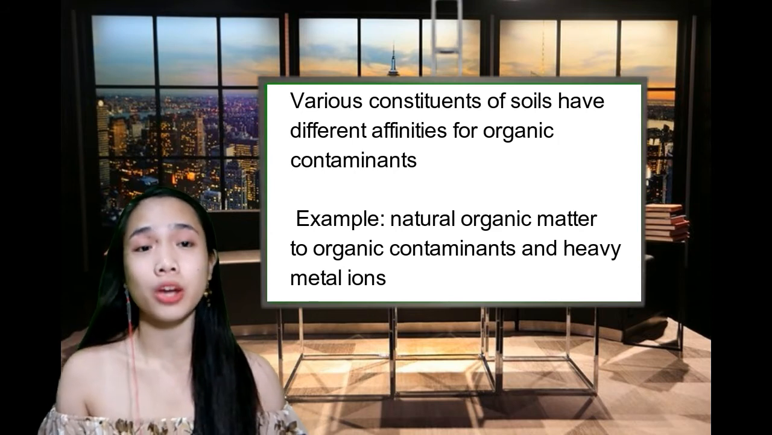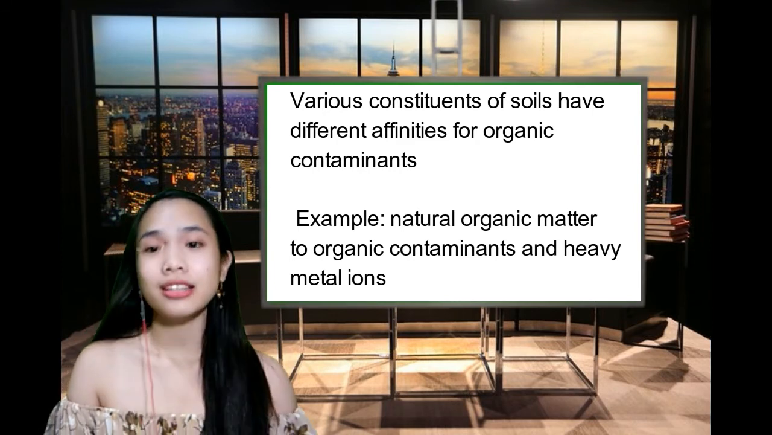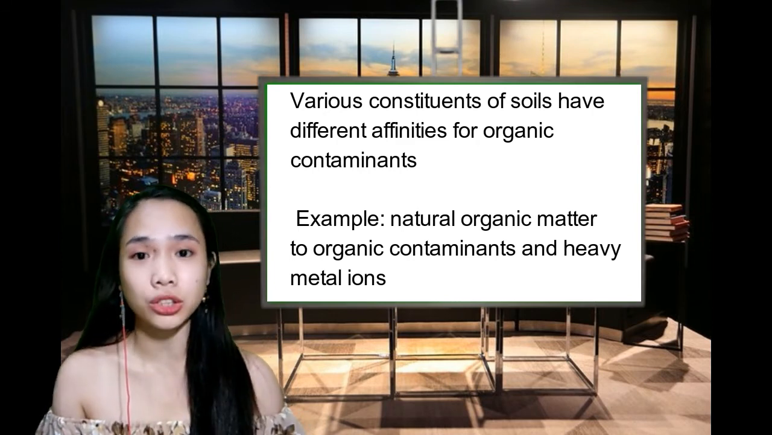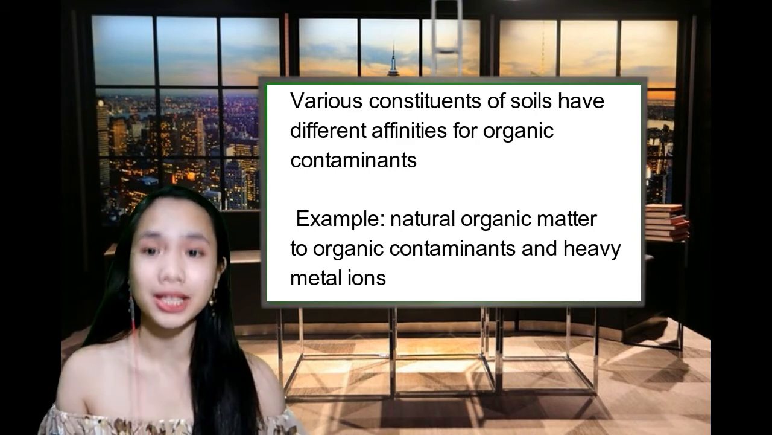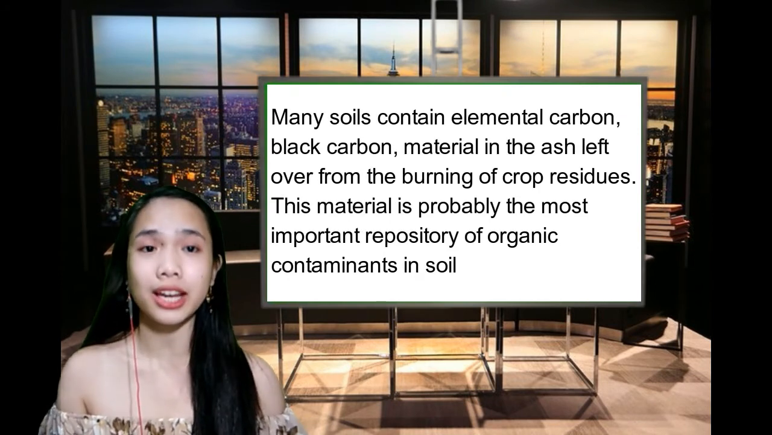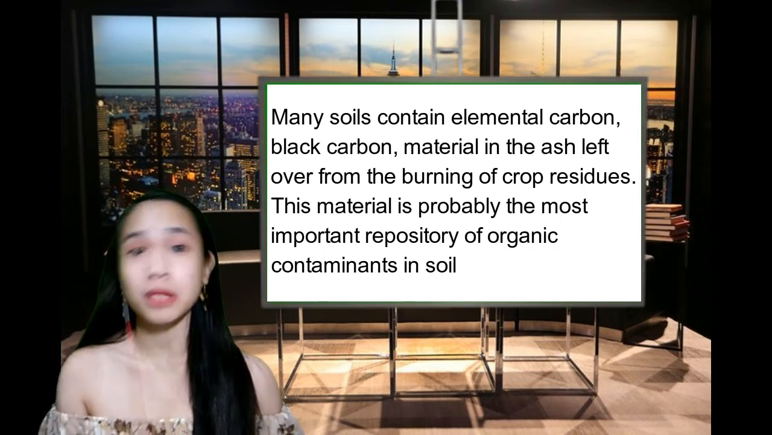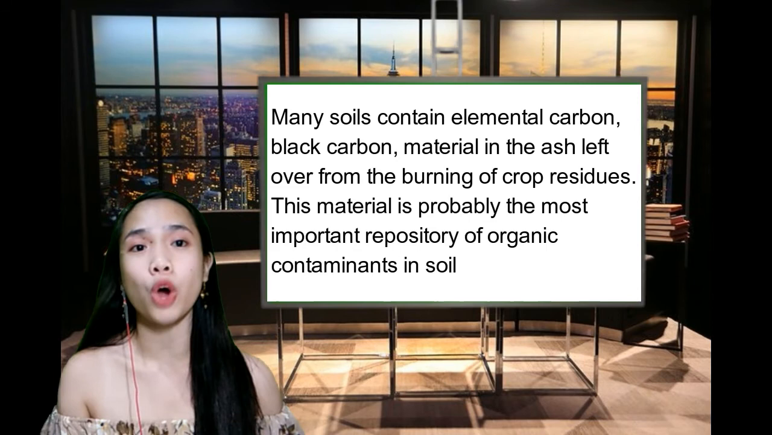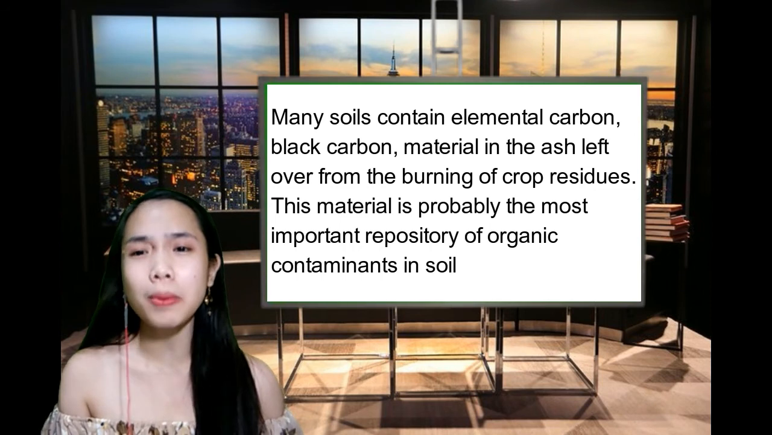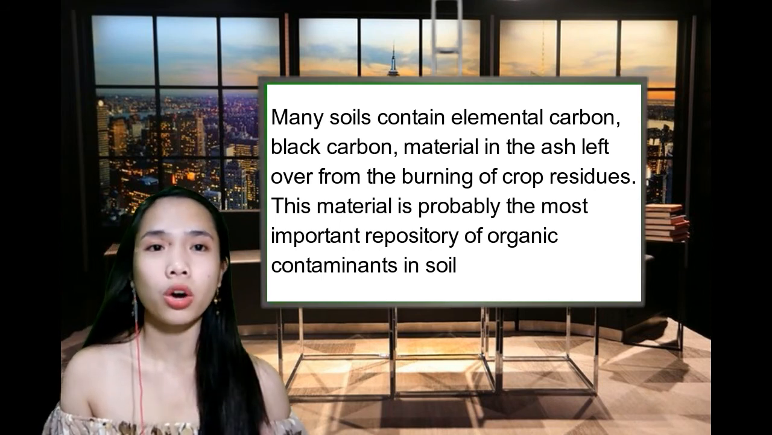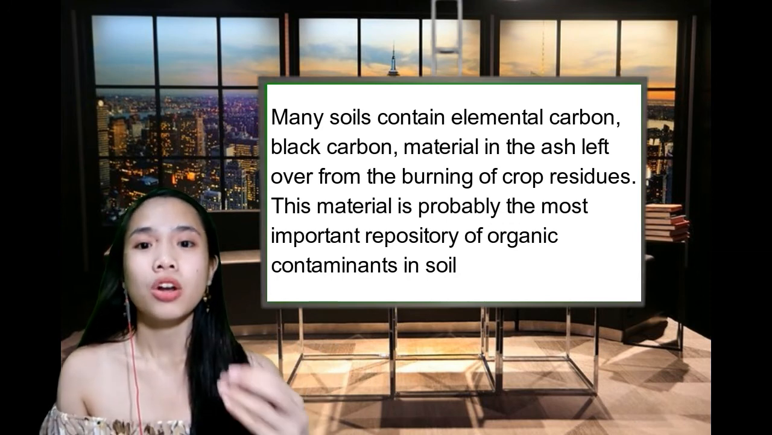Various constituents of soils have different affinities, or level of liking, for organic contaminants. Take for example, natural organic matter. It has a very high affinity to organic contaminants and heavy metal ions. Many soils contain elemental carbon, such as black carbon, and this carbon is the material in the ash left over from the burning of the crop residues. So this material is probably the most important repository, or the place that stores the organic contaminants